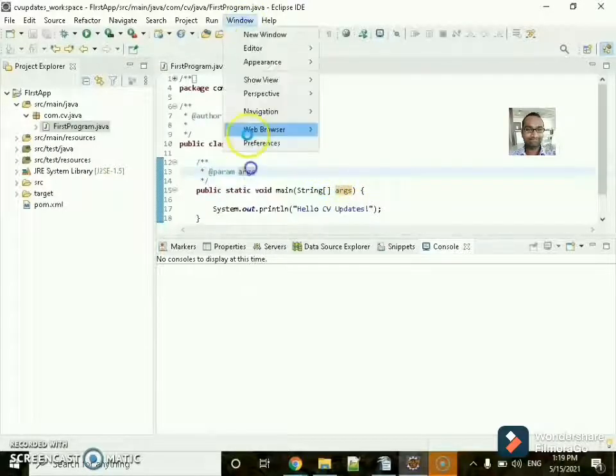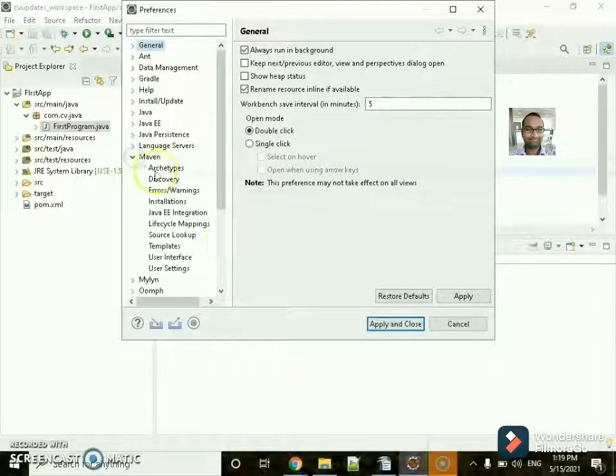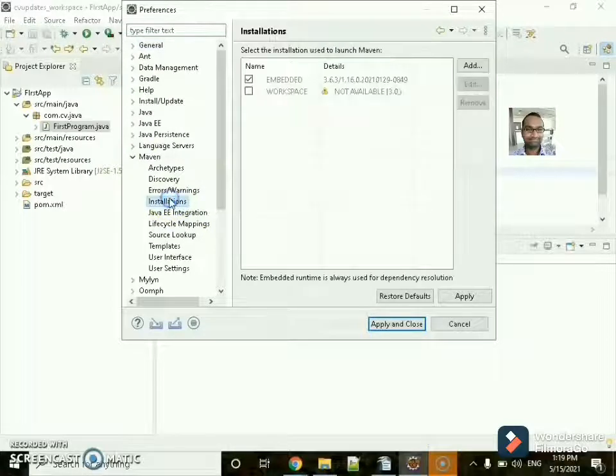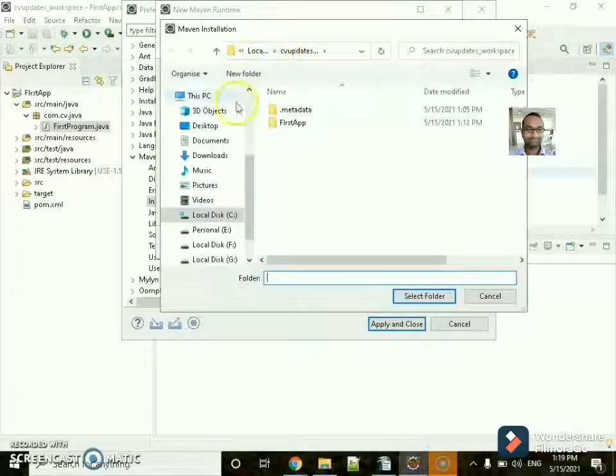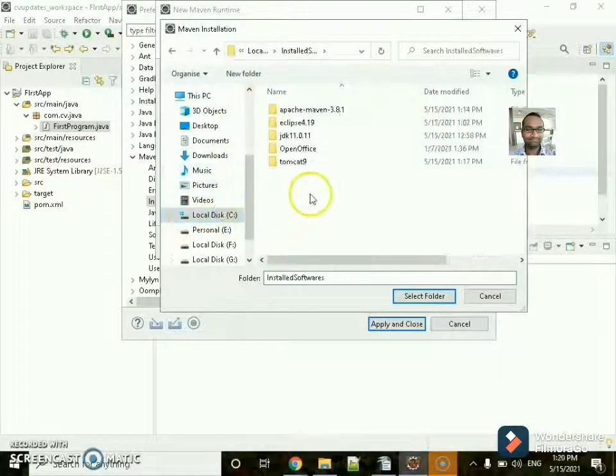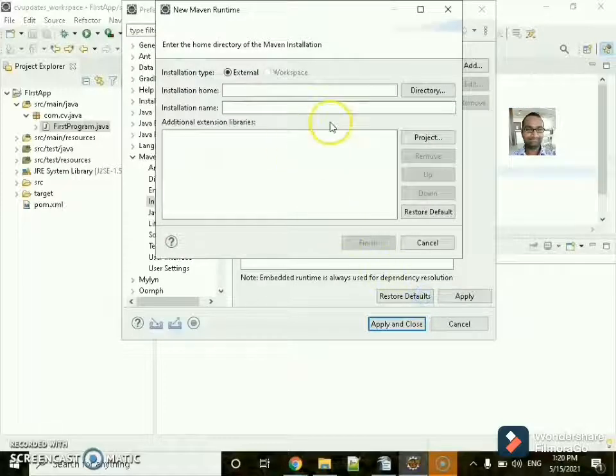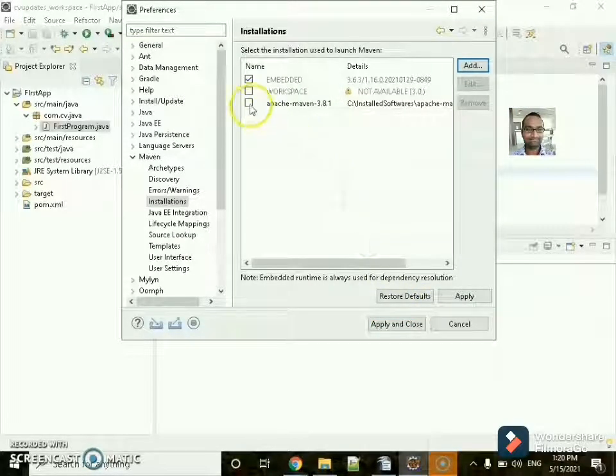Go to Window, Preferences, go to Maven, go to Installation. By default it has come up with 3.6.3. So I want to add the Maven we have installed just now. Go to C directory, go to install softwares, take the Maven home directory and click on finish.